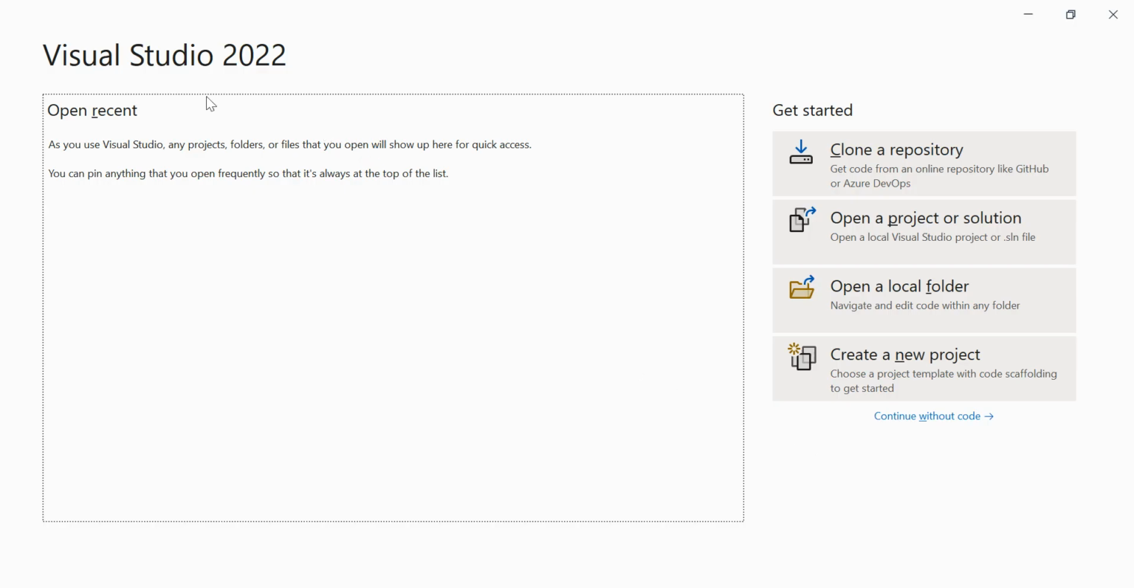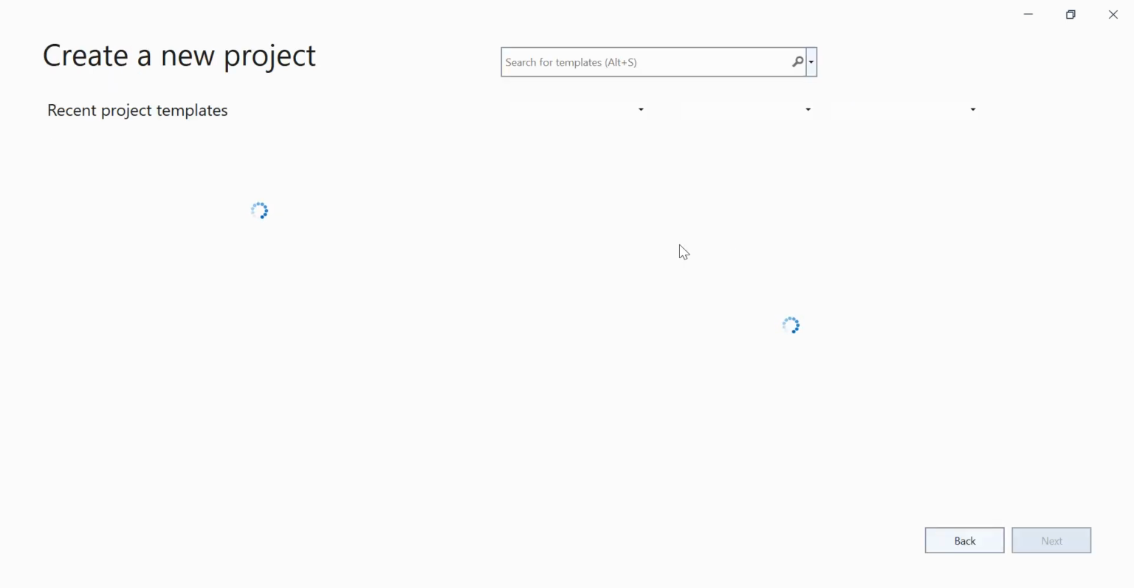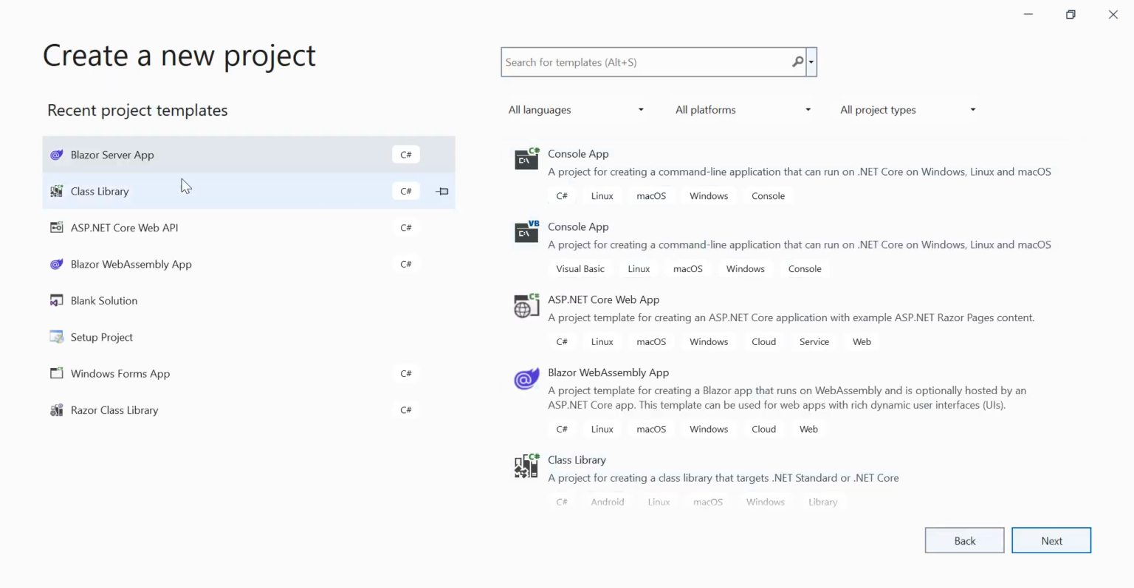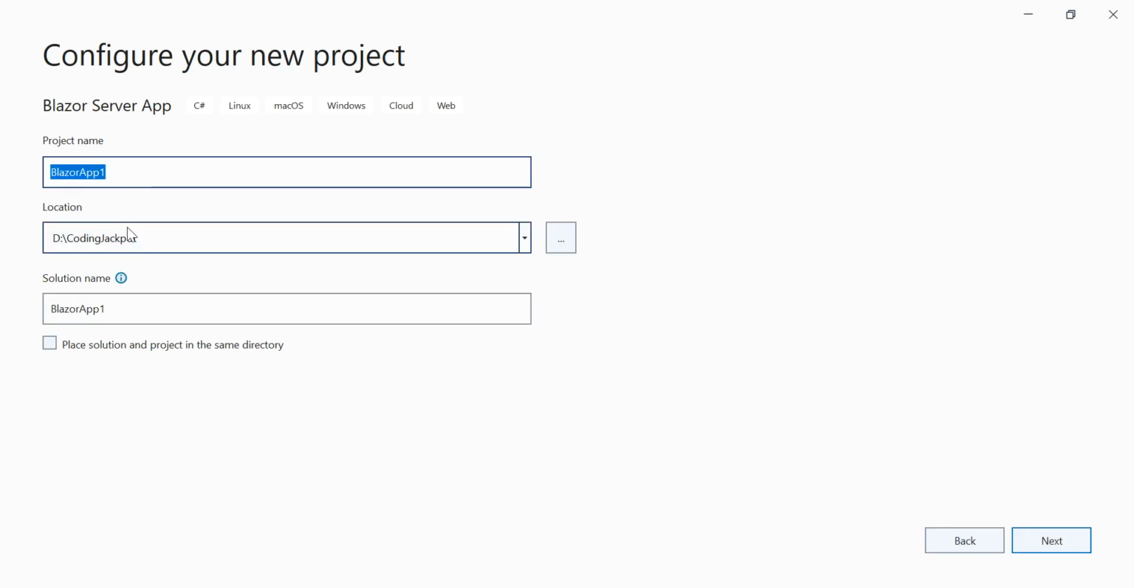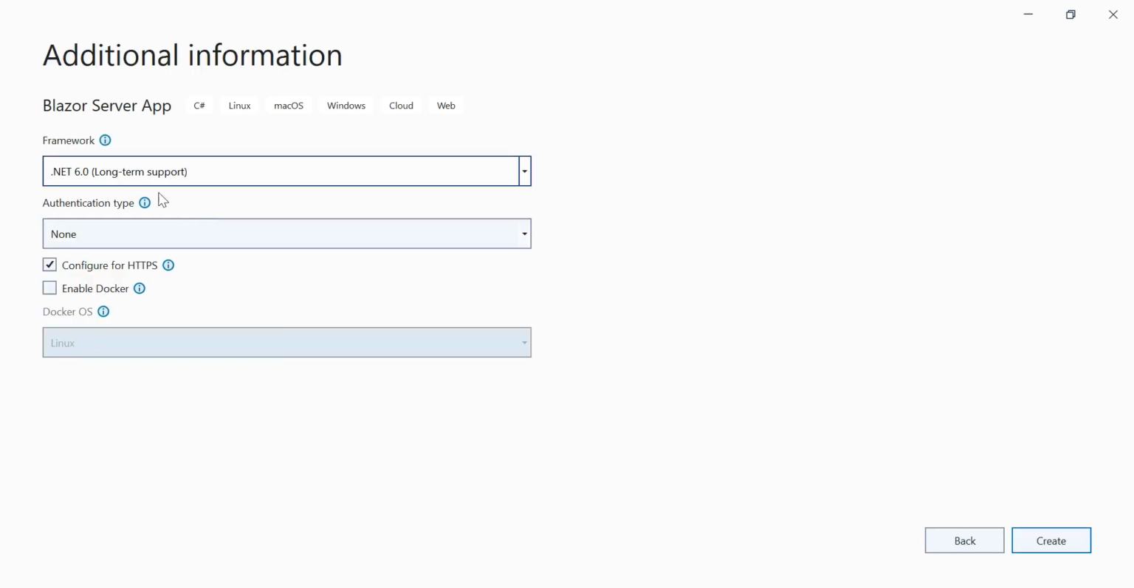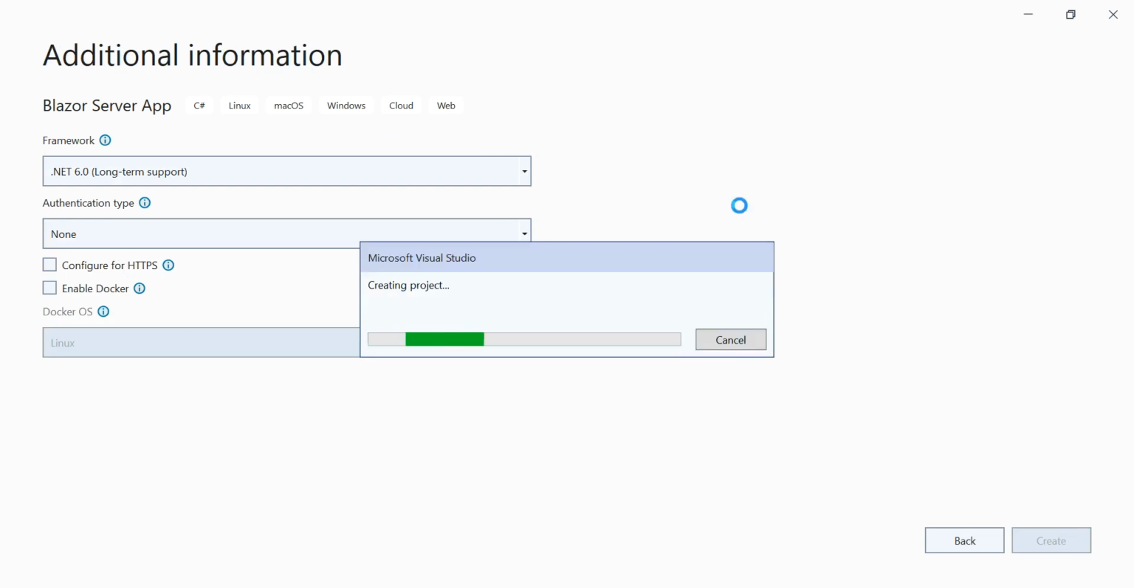So here we have opened Visual Studio 2022. We'll be creating a new project and we'll select Blazor Server app, click on next, and then we'll be selecting .NET 6 long-term support, click on create. So this will create the default Blazor Server app,